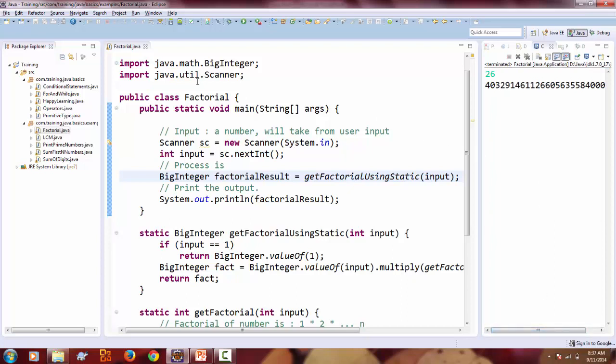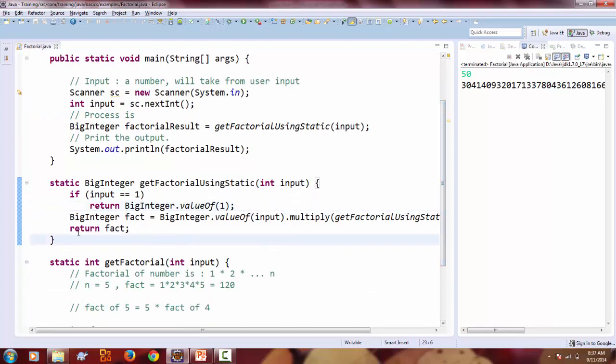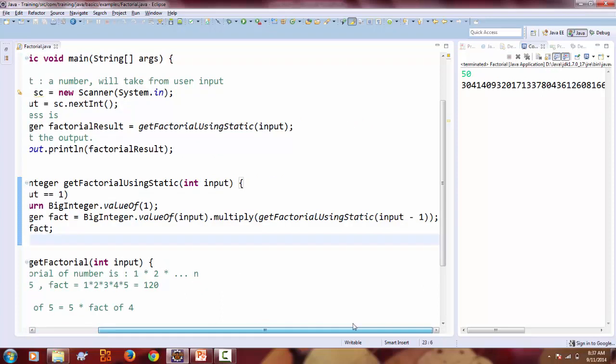So if you see, now you can see the correct result of factorial 26. If I give say 50, which is even much more than 26, you will see the proper result of factorial 50. So this is how you can manage when you are handling with long data. So when range is more, you can go for big integer